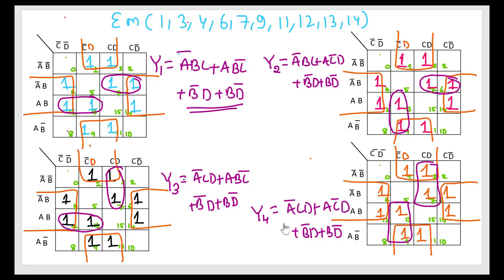If you look here, all the 4 solutions have the same number of min terms with the same number of literals. This means all 4 are valid solutions. So this is how you are going to have 4 possible solutions. In some cases, even your 4 variable K map can have 10 solutions, 6 solutions, even more than 10 solutions also. Don't worry about that. You can just cross check other possible solutions whether they are giving the same number of min terms or not. If they are not, then you have to check which one is giving the minimum literals with the minimum min terms. That is the best solution for the given Boolean function.